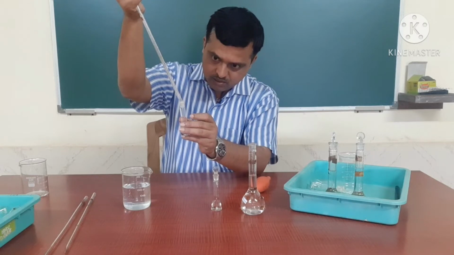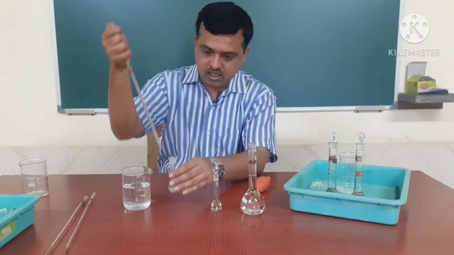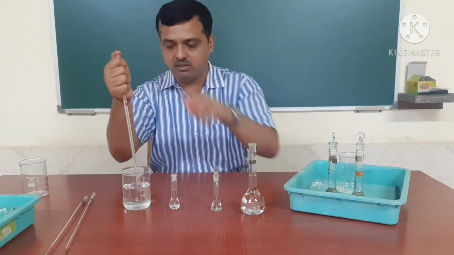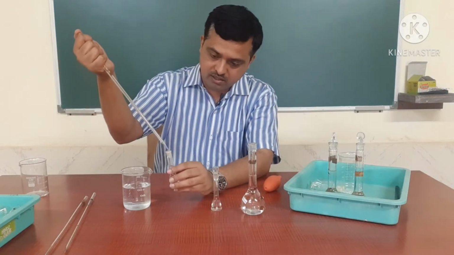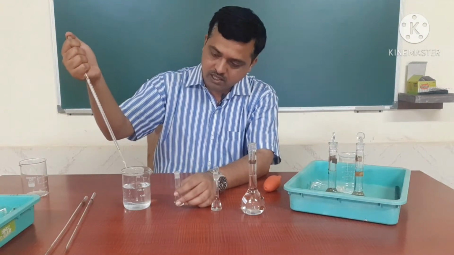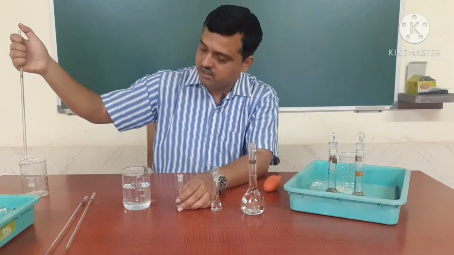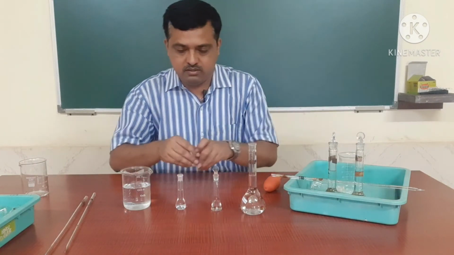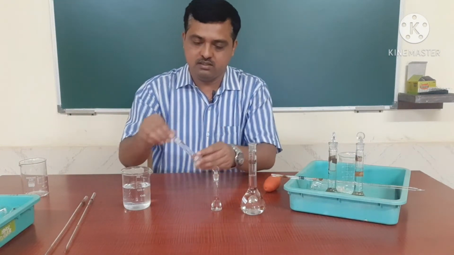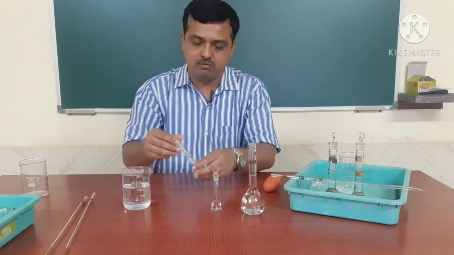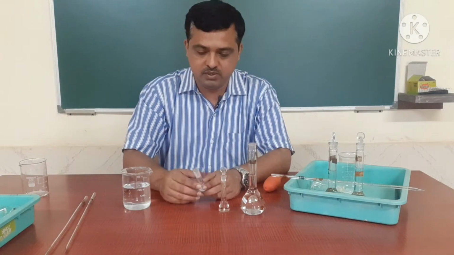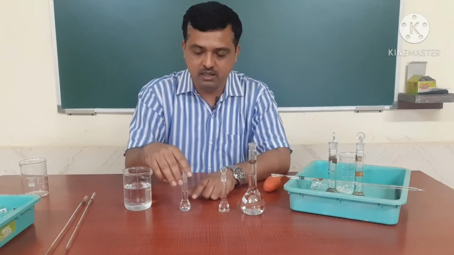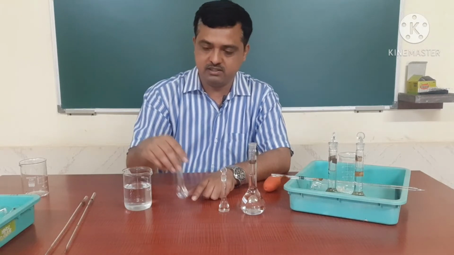Now all these dilutions are very important, because after all your accurate absorbance mainly depends on how well you are doing the dilutions. If you dilute it properly, you will get accurate readings in the UV spectrophotometer. So this is the second dilution from the given stock solution. This is now again 10 times diluted, so this will be 10 microgram per ml of sodium benzoate as a reference solution.